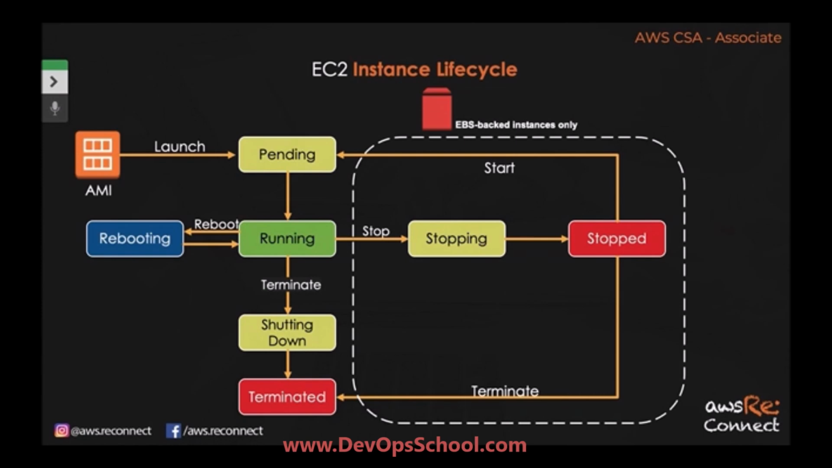So one important note here, AWS EC2 supports two types of storage. One is instance backed storage and one is EBS backed storage. There are two storage options: EBS backed storage, that is Elastic Block Store, and the second one is instance backed storage. The difference between these two is that instance backed storage is a non-persistent data storage, which means whenever you